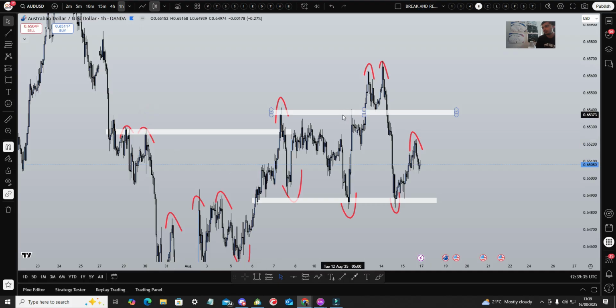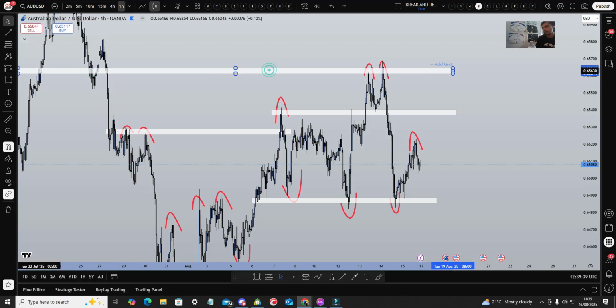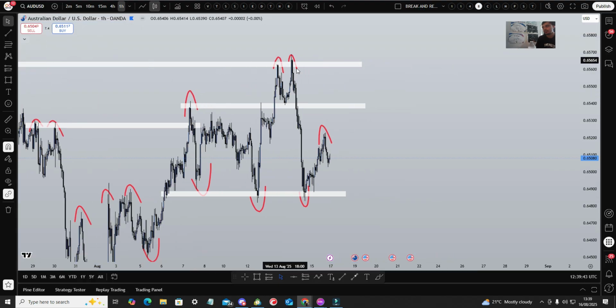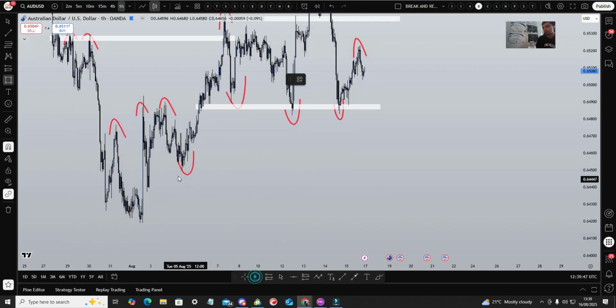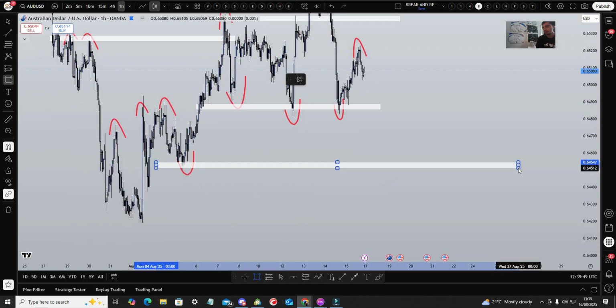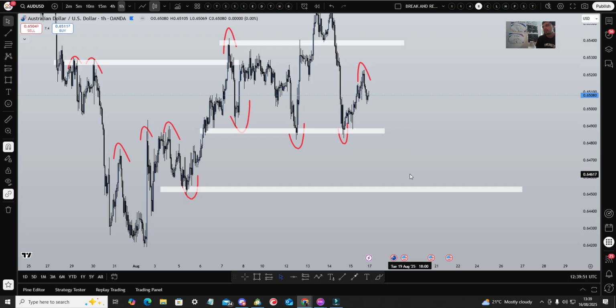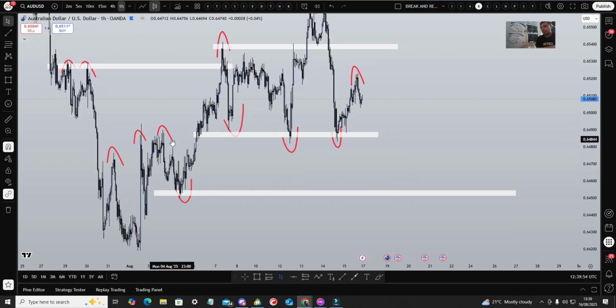Now let's clean up some of these. If I drag it back here, now obviously the market gapped here, but so far we're respecting fine, that's fine. Let's draw some more, and then you can just remove the majority of these. Now obviously these we don't have to worry about, because price already did its thing, it's moved on. But you can see this one here, you would have lost if you were